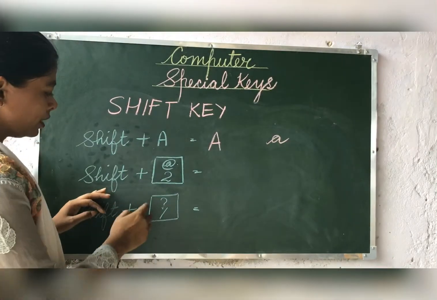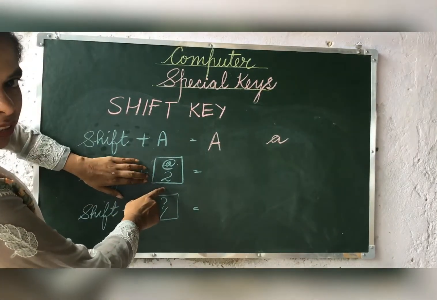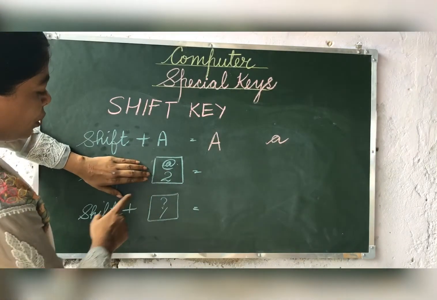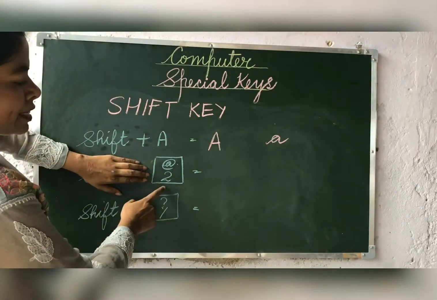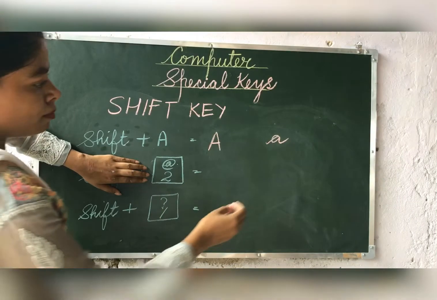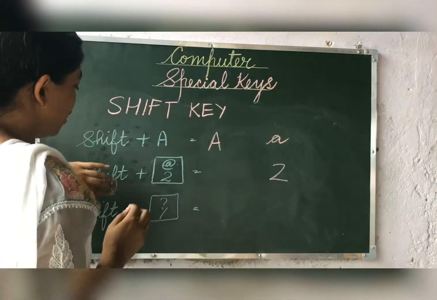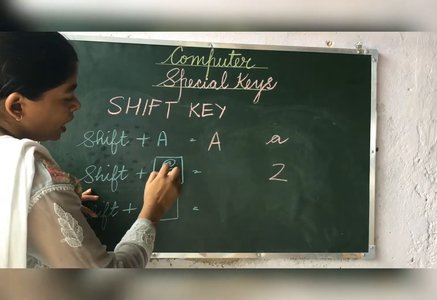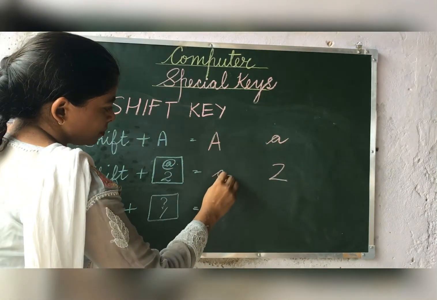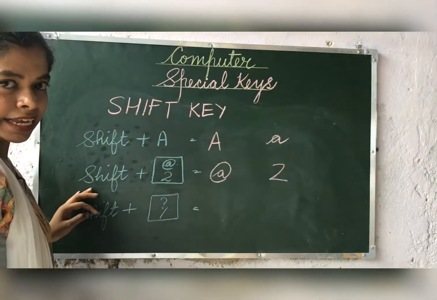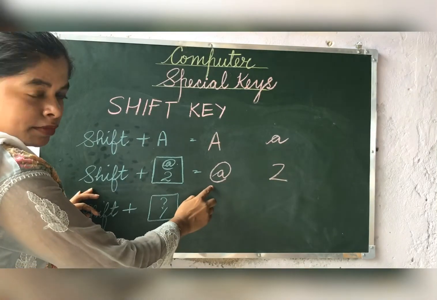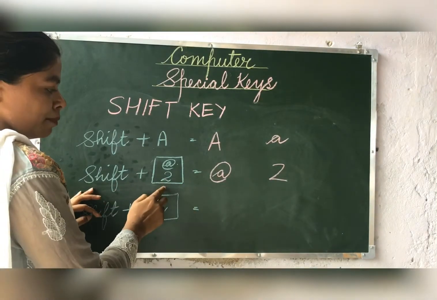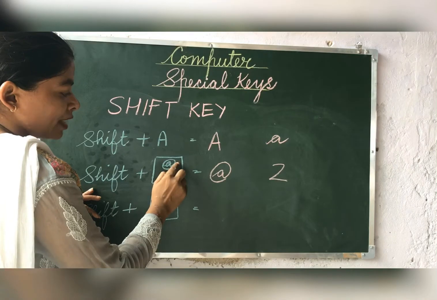Second thing, children, this is number key 2. Suppose, children, you do not press the shift key and you press this number key. So what will come? 2 will come. But if you press shift plus number 2, so this sign will come. At sign, okay? If you press the shift key plus a number key, the symbol that is on the top of the number will come.